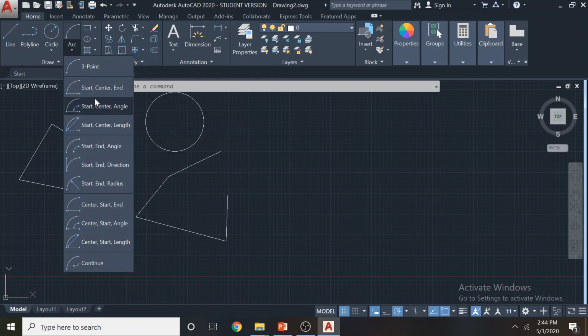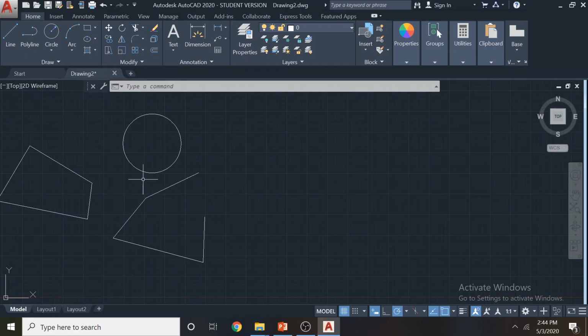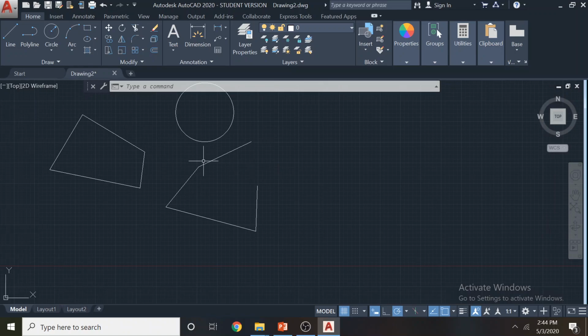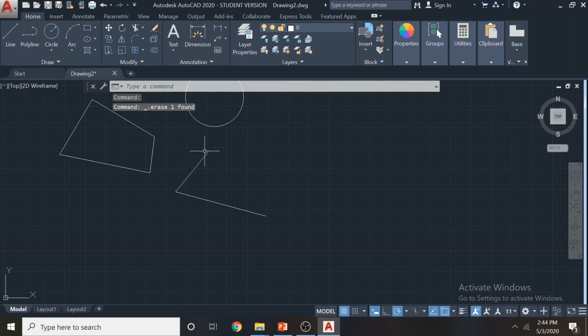So these 3 are acting similarly, these 3 are acting similarly, these 3 are acting similarly. If I start with the first one, the 3-point tool, the idea is you have 3 points available to draw an arc. Say, for example, if I want to draw an arc going through this point and this point, AutoCAD supports you using the 3-point method. I can just select these points and draw an arc.